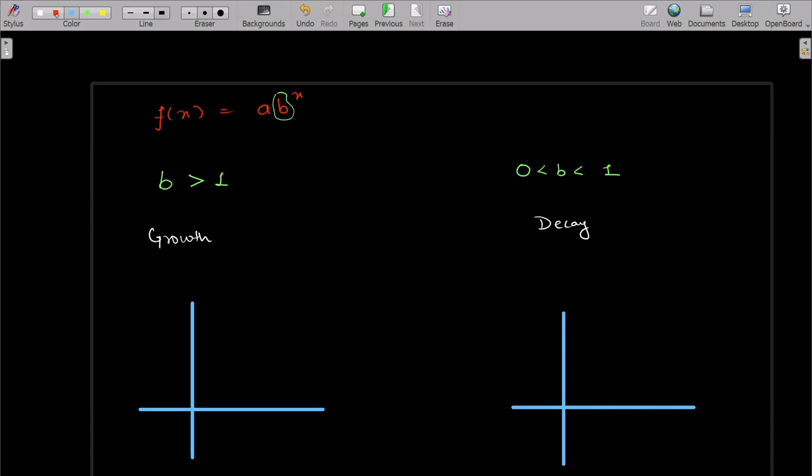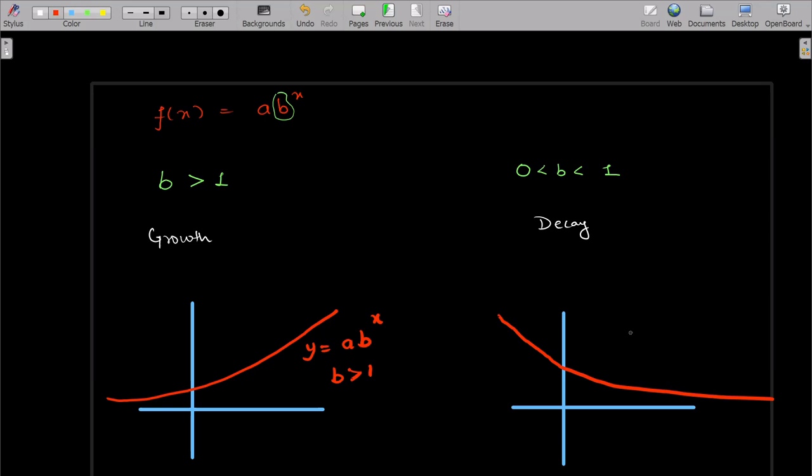So the graph of the growth case will look something like this. This will be the graph for y is equal to a times b raised to x when b is greater than 1, and for decay it will fall down. This is for y is equal to a times b raised to x when b is between 0 and 1. Okay, Anika,